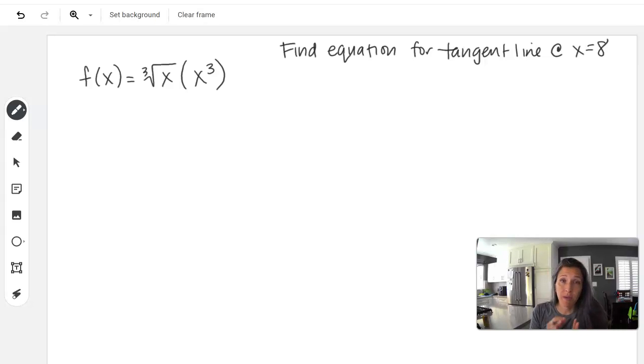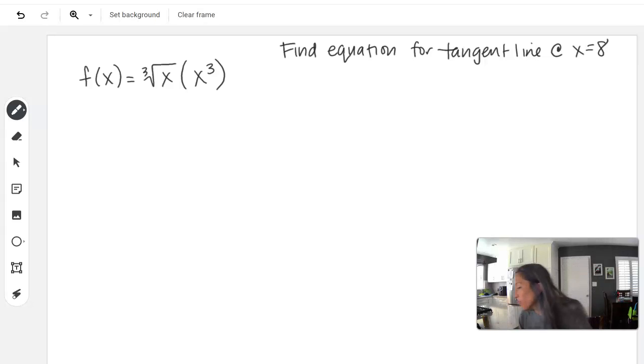So thus far, we've been very focused on just taking a derivative, finding that general function, but we haven't then done this next step of saying, well, what's the derivative at x equals 8, or what's f prime of 8, or even further, what's the equation for that tangent line? So in this question, we're going to do all of that, so we can see the manipulation to get this into something we can actually apply the power rule to, and then also how we find the equation for